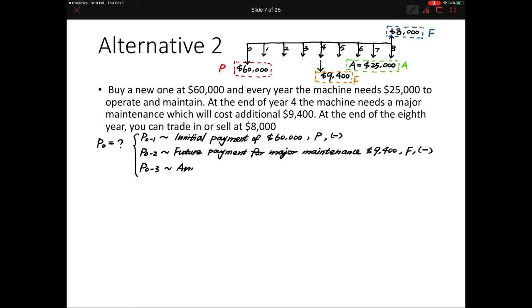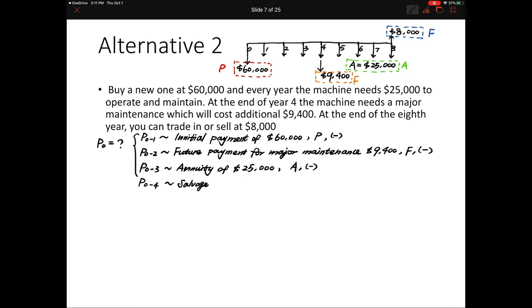25,000 for every year. So an annuity of 25,000, and the type of cash flow is annuity. It is also negative because it's a cost. And at the end of the 8th year, you have the fourth part to convert back to the